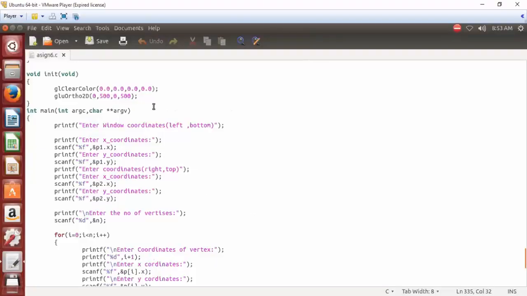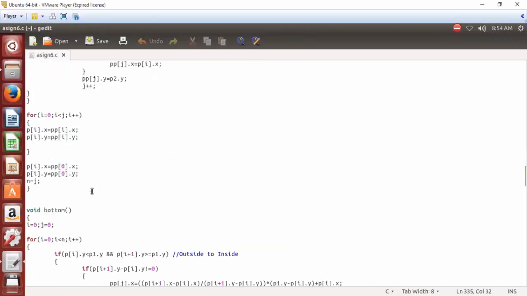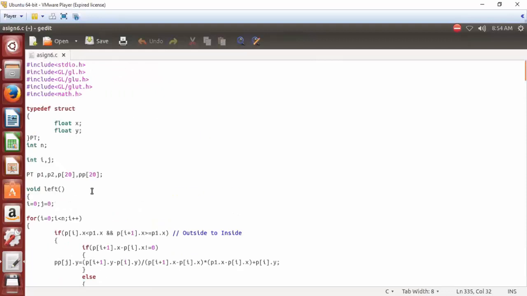This is our program, that is Sutherland-Hodgman polygon clipping algorithm. I already provided you the line clipping algorithm as well, but it is not part of your curriculum, so it will not be asked. Just for execution and testing purposes it is provided, so you can execute that also. There you are having another algorithm with ABRL code and region code and all.